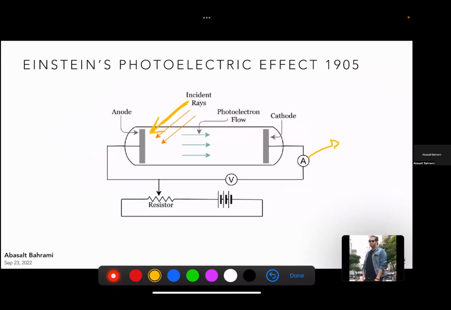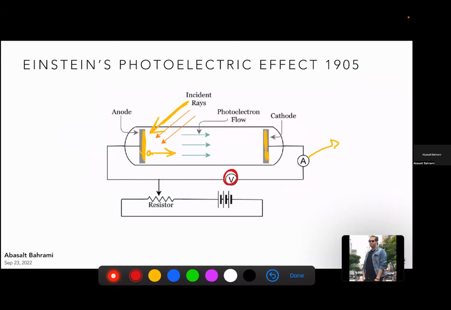So what you do is apply some voltage here, in the anode and cathode, so there is a voltage difference, and then you shine your laser light. If it has a certain frequency, then it can eject electrons, and the electrons can be accelerated because there is a voltage, so they are accelerated into this tube. So what you can do here, if you want to measure the kinetic energy of the electron, you can actually